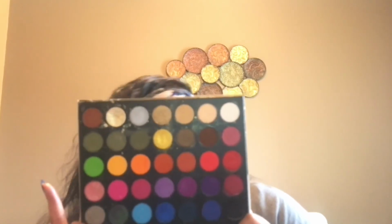But yeah, this palette, if you're into colors, because if you look at it, I don't think that there are that many neutral shades. I mean, the top row has, and if you include the shimmer that I swatched, 1, 2, 3, 4, 5. There are 5. Aside from those 5 at the top that I counted, it's a lot of color, and I feel like even if you're like, oh, I like neutral shades better, I'm telling you, get this palette, it's going to awaken all of the creative juices,